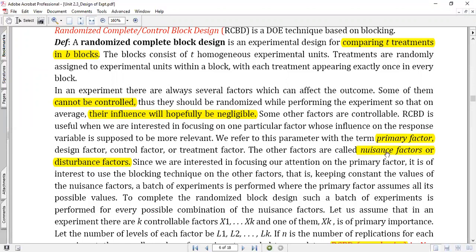The difference between primary and nuisance, two different things. The primary factor is the factor that you are concerned with, your interest, your choice of factor. Nuisance factor is something that you cannot control. You assume that it may not have influence, but you can't control its presence. You assume that it's negligible, but you want to ascertain that that factor's effect is zero, that it has no effect on your result. In the previous RCT, it goes without your knowledge.